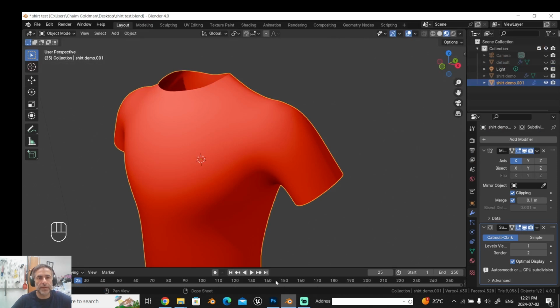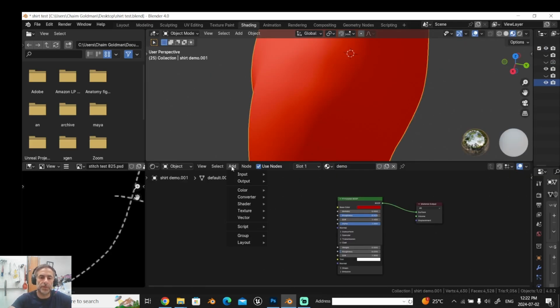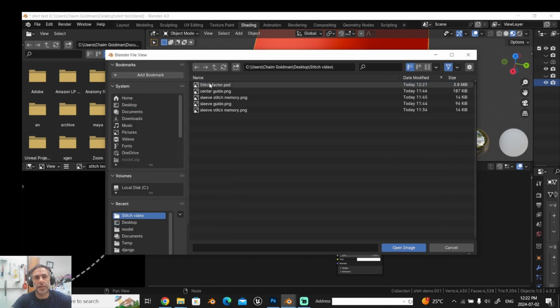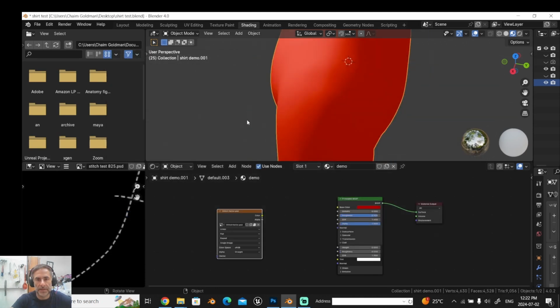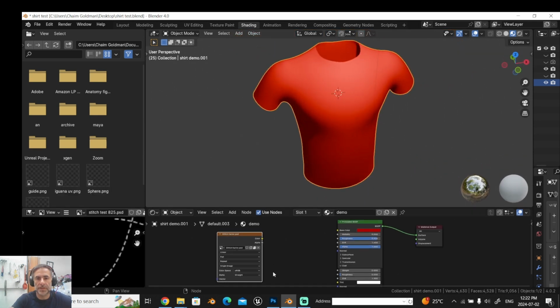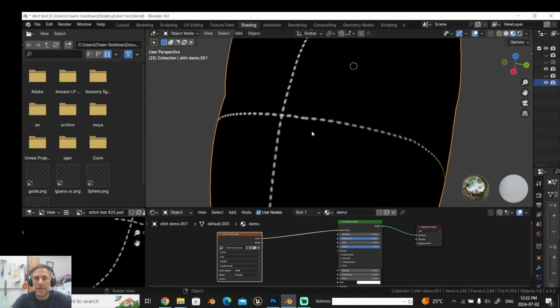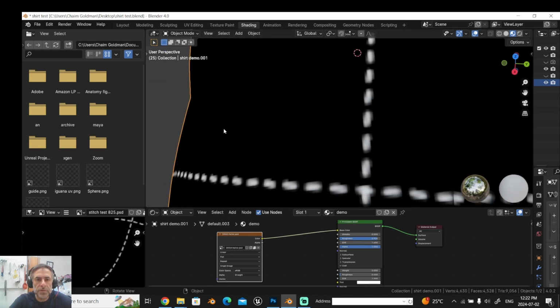So we're going to go back to Blender and try this out and make sure that that thing worked. If it worked, we'll keep going. Image texture. I just added an image texture, and I'm going to open up the thing we just did, Stitch Factor. And this is my model from before with no stitches. Plug this just directly in the base color so I can see what's going to happen. And lo and behold, it looks pretty damn good. There's a little bit of an artifact here,